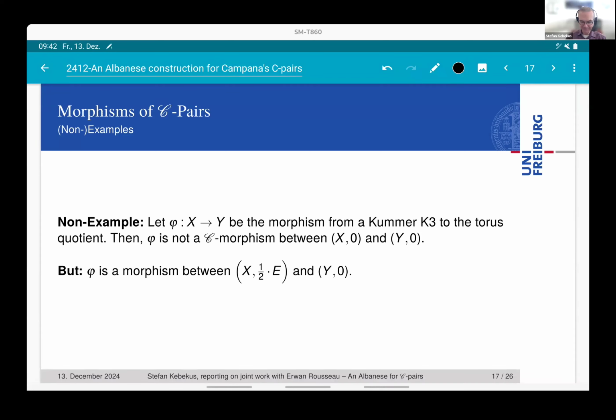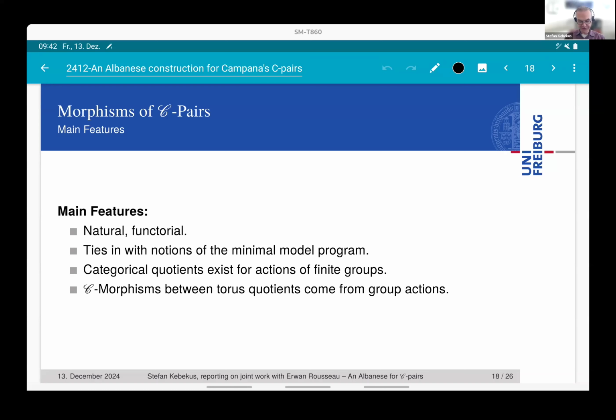Right. So bottom line and summary of all this, we have a notion of morphism of C-pairs. It's natural and functorial, and Pedro can point out what it means. It ties in with notions of the minimal model program. We have categorical quotients the same way that you have categorical quotients in the category of algebraic varieties or complex analytic spaces. And very interestingly,